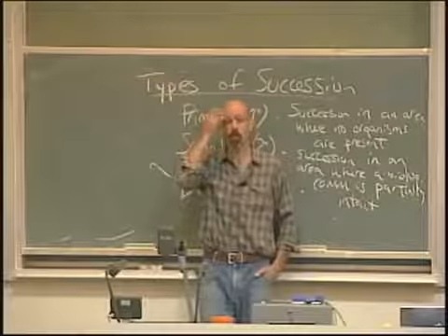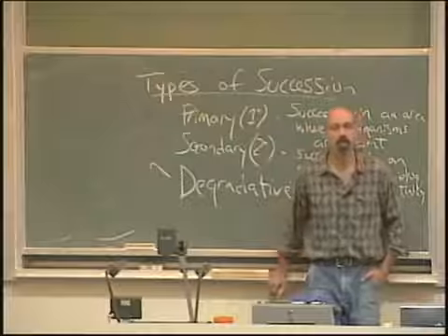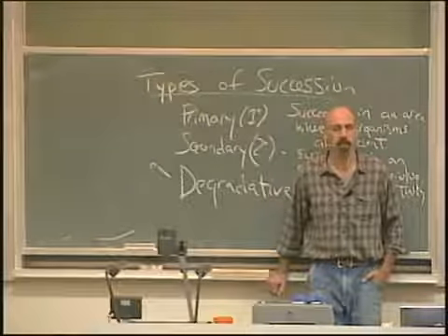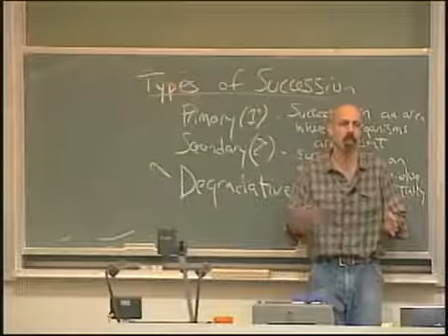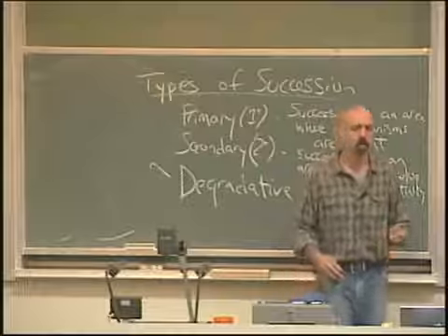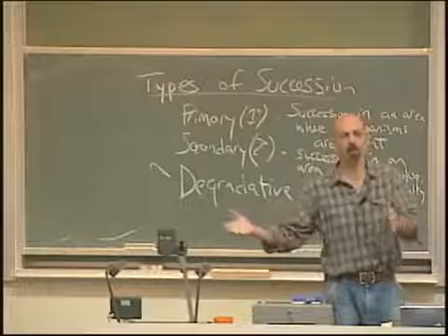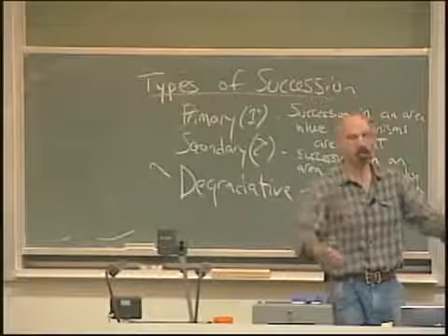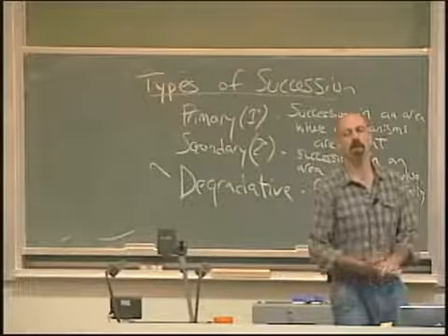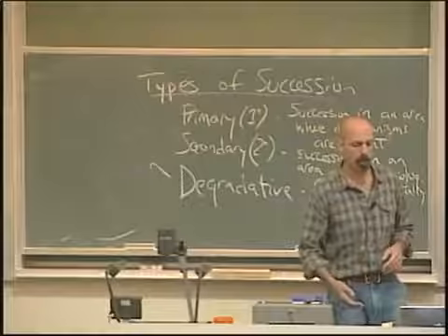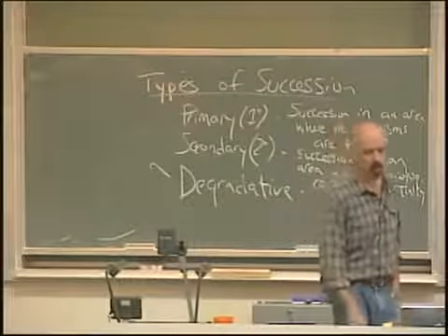So a human body goes through a successional process after death if left to its own devices. And that's how forensic scientists can date the time of death by the stage of succession of other organisms in that decaying body. Or less morbidly, perhaps, a fallen log, a tree that falls in the forest, goes through a successional process on its outer covering and within the body of the trunk, with other organisms coming to occupy that habitat. That's degradative. And we won't talk more about it.